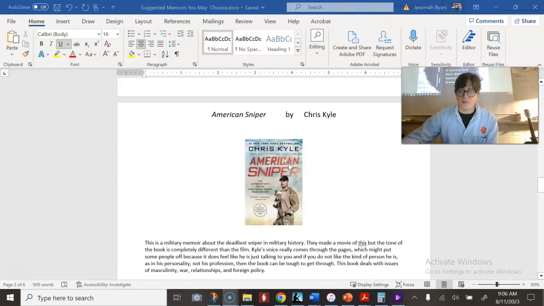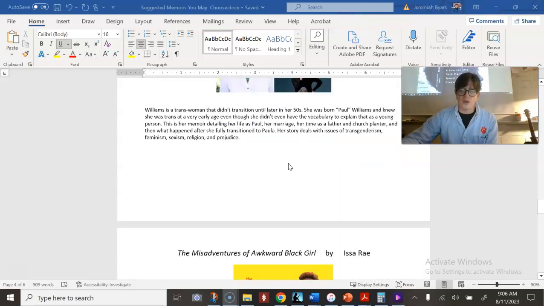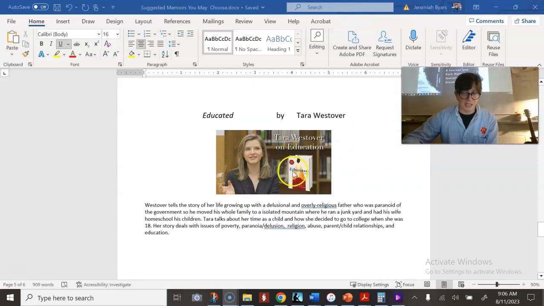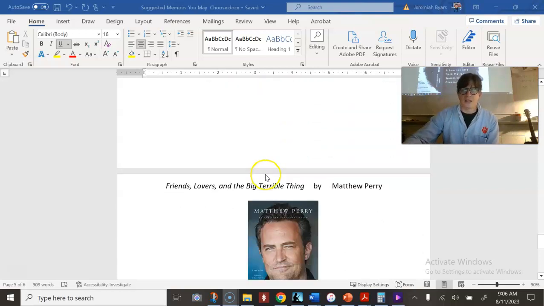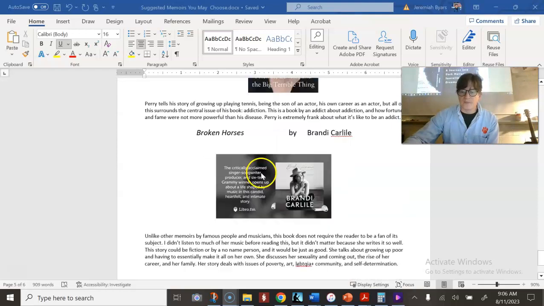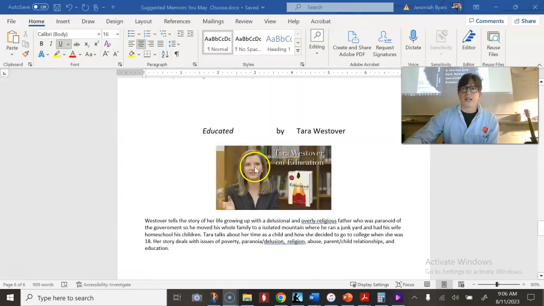You don't have to read these memoirs. You can pick your own memoir to read. Next week, not this week, but next week, you're going to fill out a Google form where you state the book that you read and why you want to read that book, okay? That way I have a record of everybody of what they're going to read.